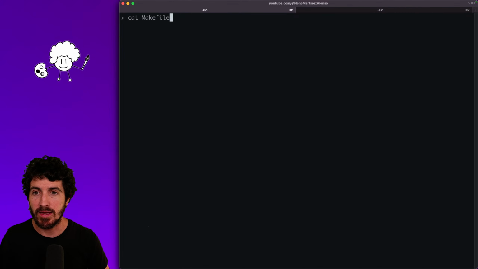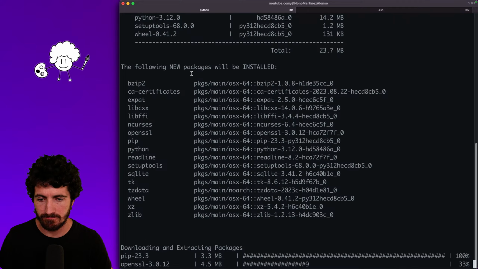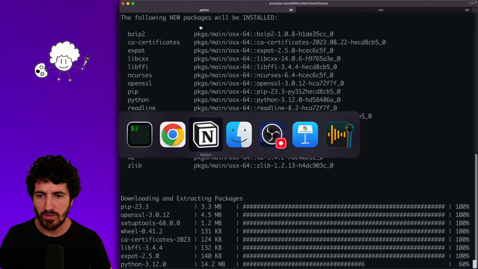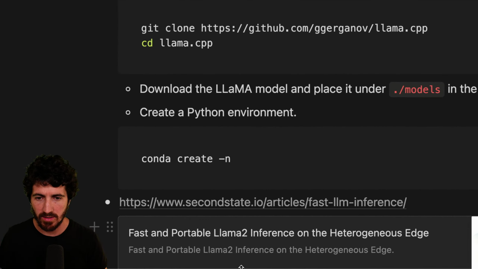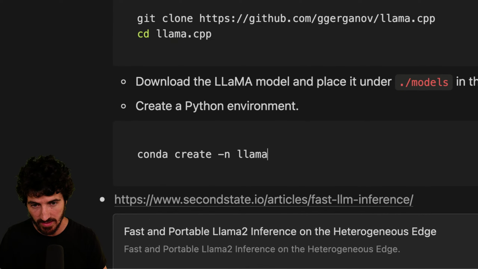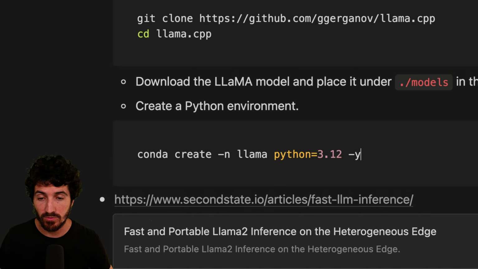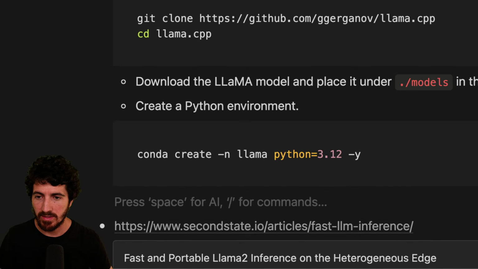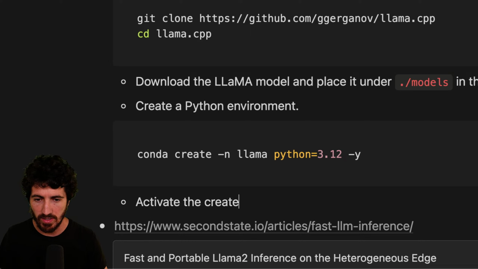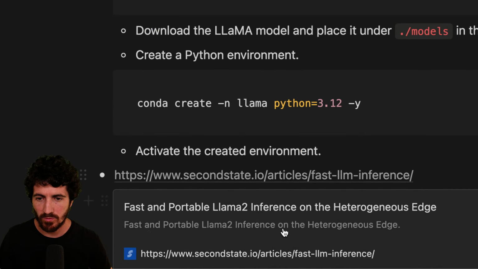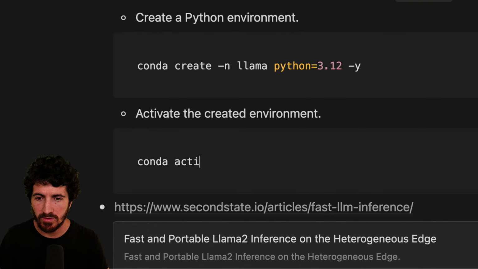Okay, I'm not gonna really update Conda right now. So I'll just create this environment. We've run this code here, conda create, and we said llama, Python 3.12, and yes for not having to confirm. And now we're gonna activate the created environment. So conda activate llama,